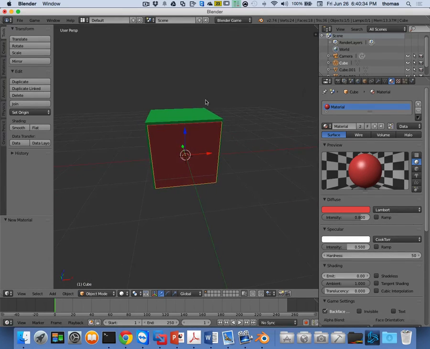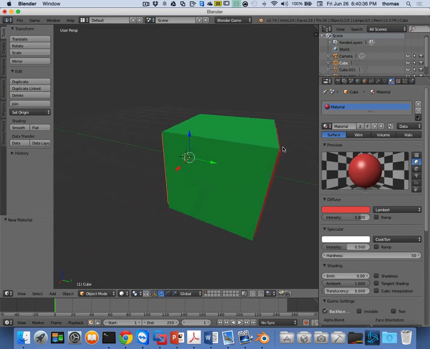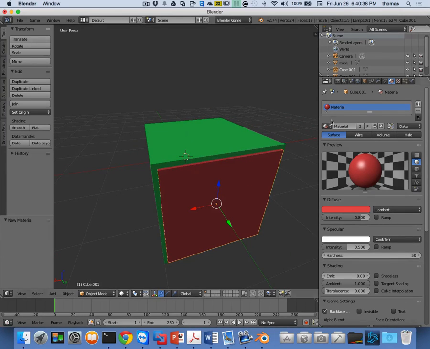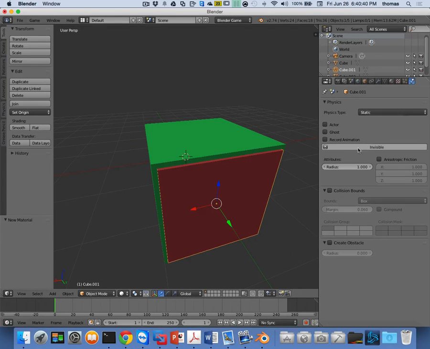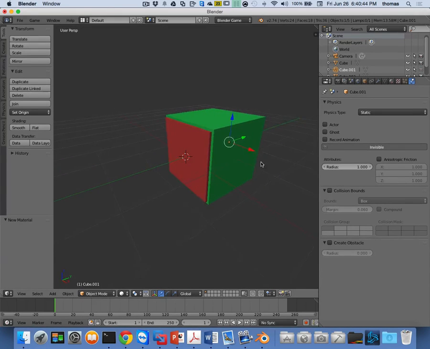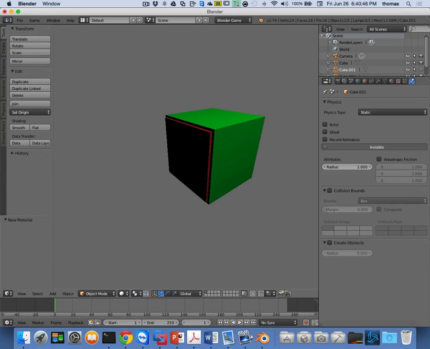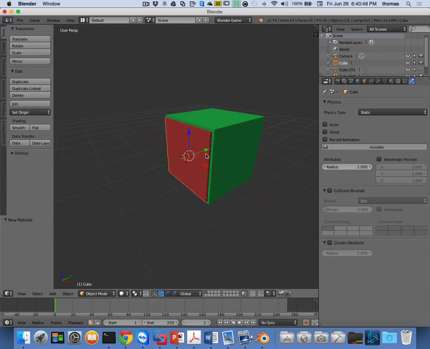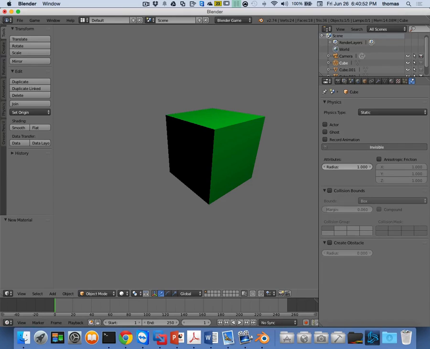So these materials are red, that one's green, and then in Blender Game, I want to make this invisible, right? So when I press play, right, hold on a second, and this one invisible. Press play, you don't see it. It's there, right, but it's an invisible object that you're going to collide with,